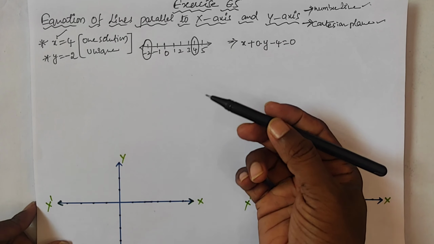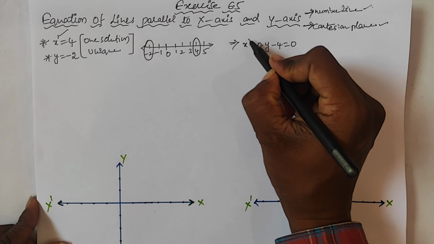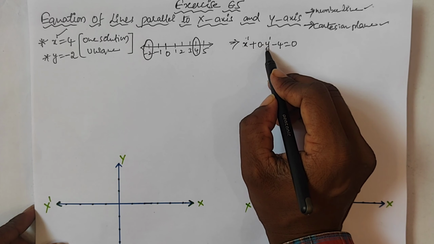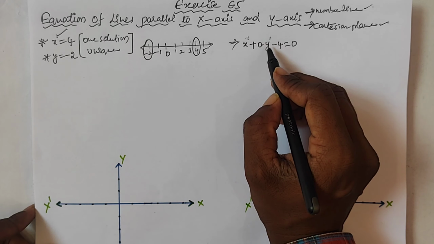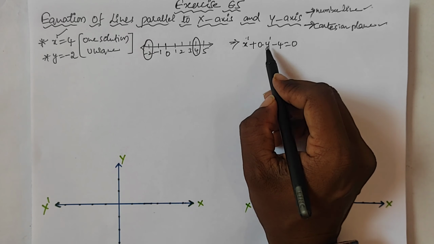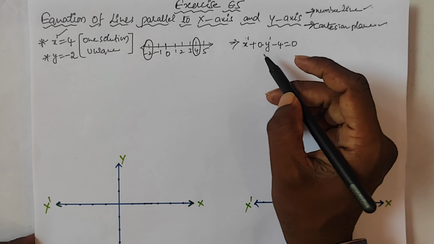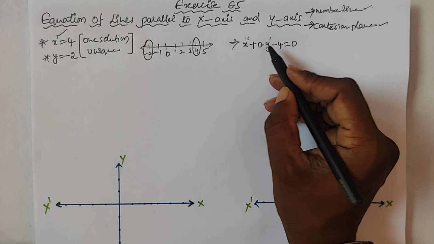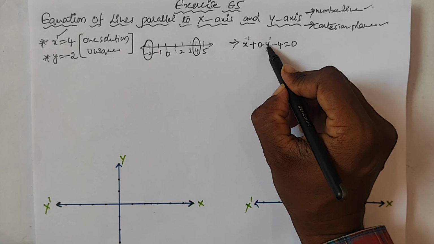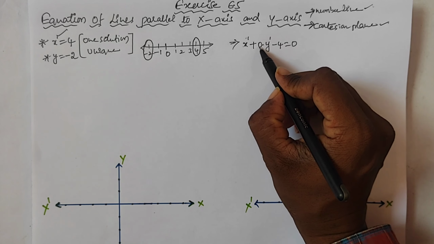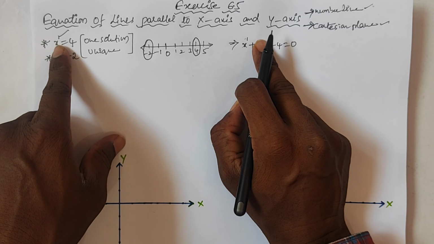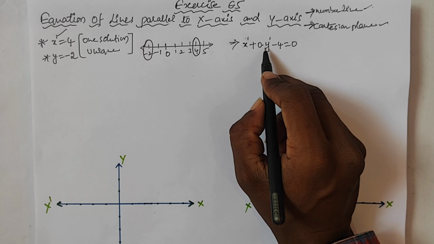Now if you observe clearly here, the degree is 1, and how many variables do we have here? 2. So we can say this equation is a linear equation in two variables, right? How many solutions will you get? We will get infinite solutions. Here we have to consider the coefficient of y always 0, clear? Because 0 into y, then only it becomes x equals 4, but in the form of two variables.